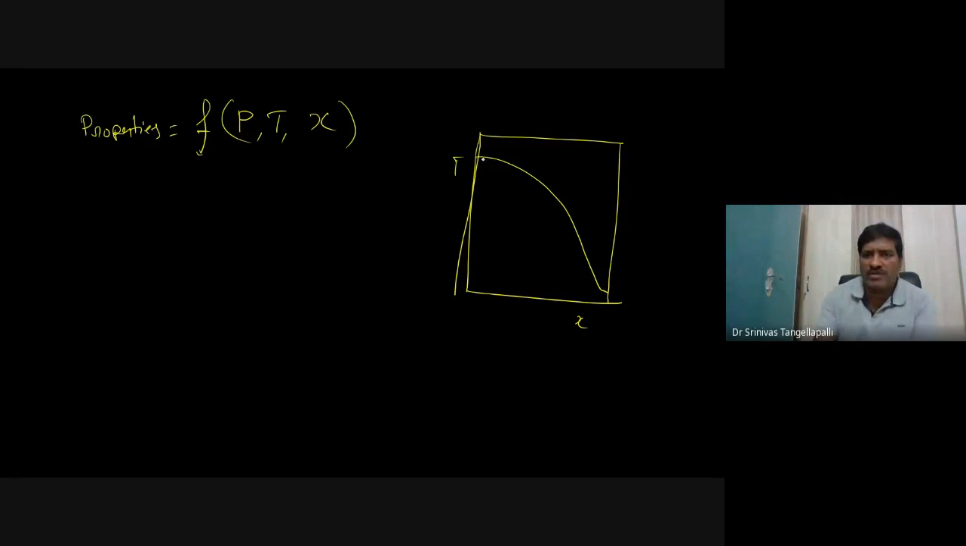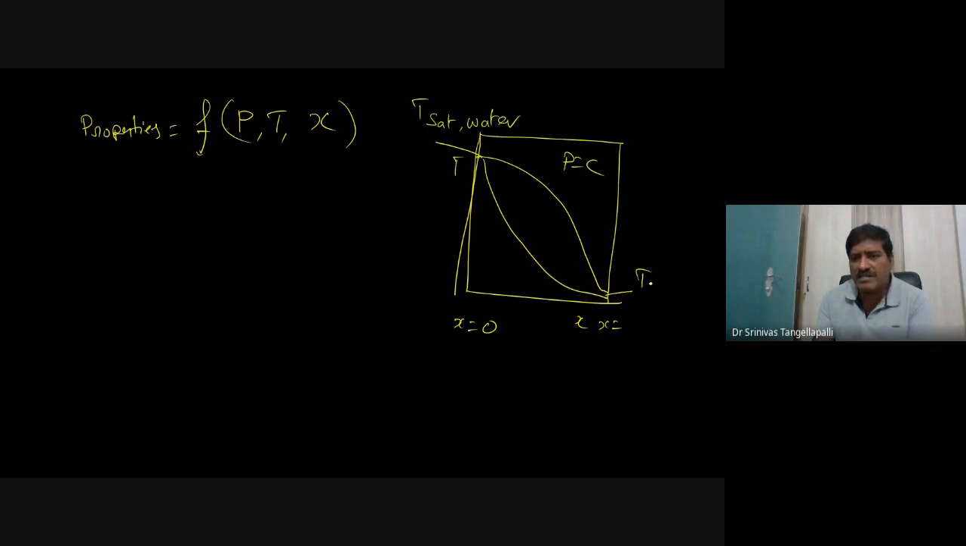I'm showing one loop here at one particular constant pressure. If x is equal to 0, this indicates the saturation temperature of water. X is equal to 1 indicates the saturation temperature of ammonia. So the saturation temperature is changing at this pressure. I am saying that at this pressure, the saturation temperature is changing between the saturation temperature of water and the saturation temperature